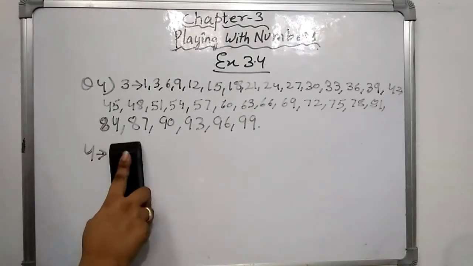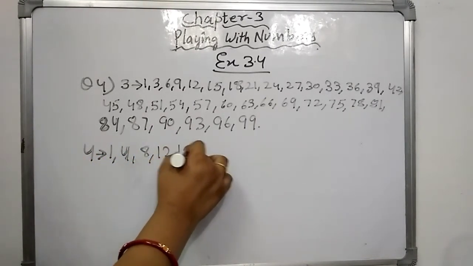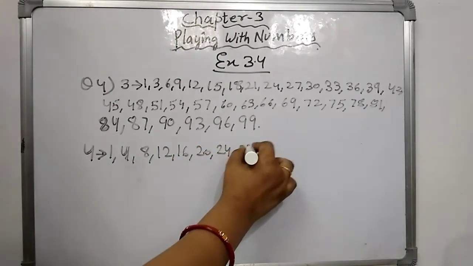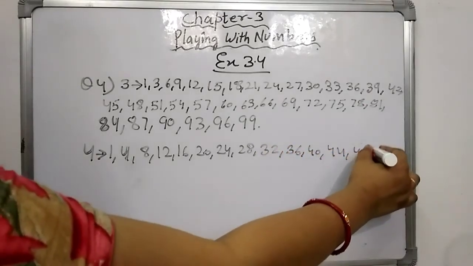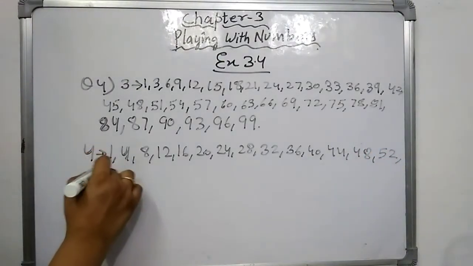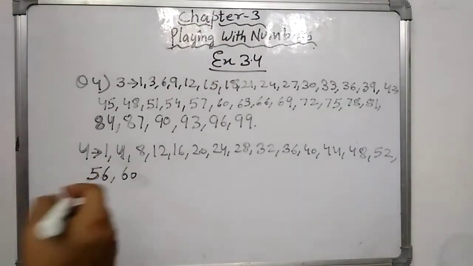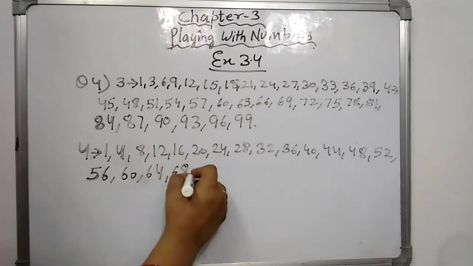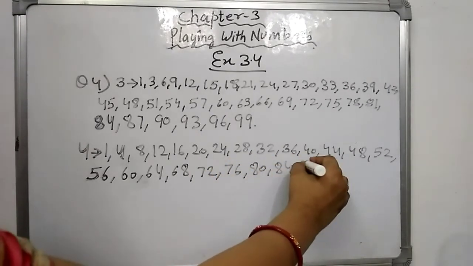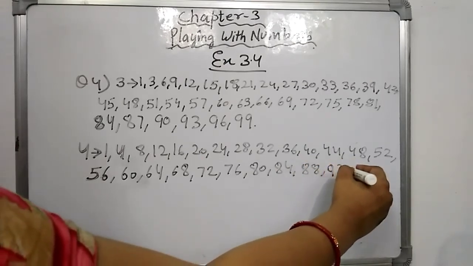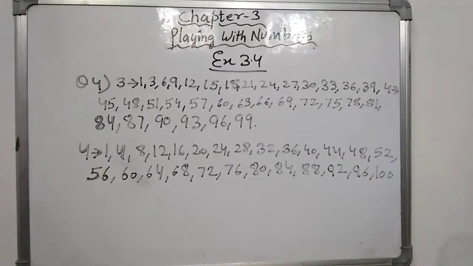Sorry, we need to write down multiples, right? So 4, 8, 12, 16, 20, 24, 28, 32, 36, 40, 44, 48, 52, 56, 60, 64, 68, 72, 76, 80, 84, 88, 92, 96 and 100. So these are multiples of 4 and